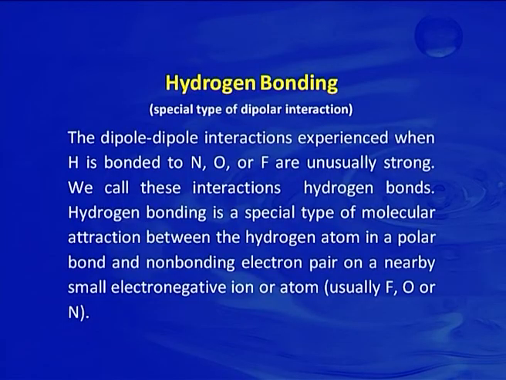Hydrogen bonding is a special type of molecular attraction between the hydrogen atom in a polar bond and a non-bonding electron pair on a nearby small electronegative ion or atom, usually fluorine, oxygen or nitrogen. Hydrogen bonding arises in part from the high electronegativity of nitrogen, oxygen and fluorine. Hydrogen bond is the strongest of all intermolecular forces, including the dipole attraction and London forces. It means out of the 3 intermolecular forces, hydrogen bonding is much stronger than dipole attraction and